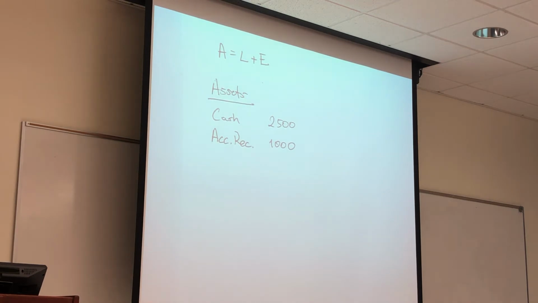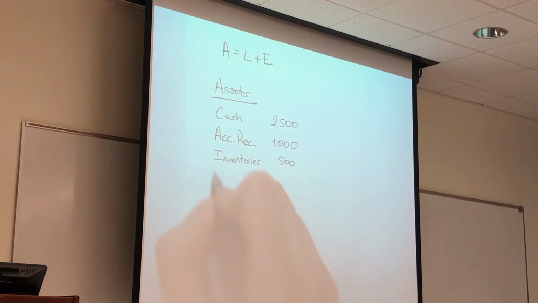And then we have two other things. One is inventories, the stocks, the stuff that we have in the warehouse, we can just go out and sell it in a week or so. So inventories, and it's given as 500. And then we have the net equipment, which will be the